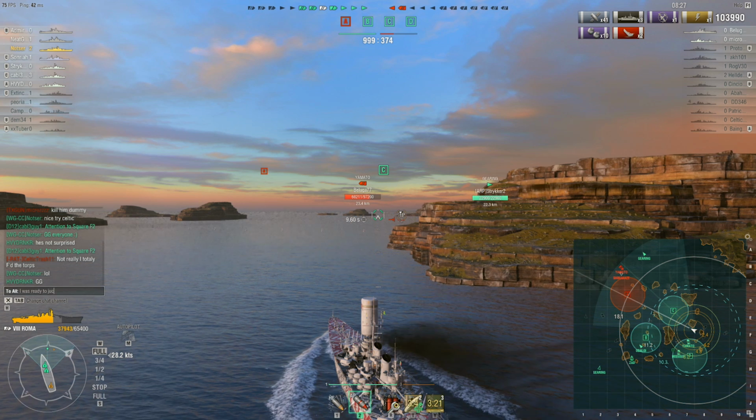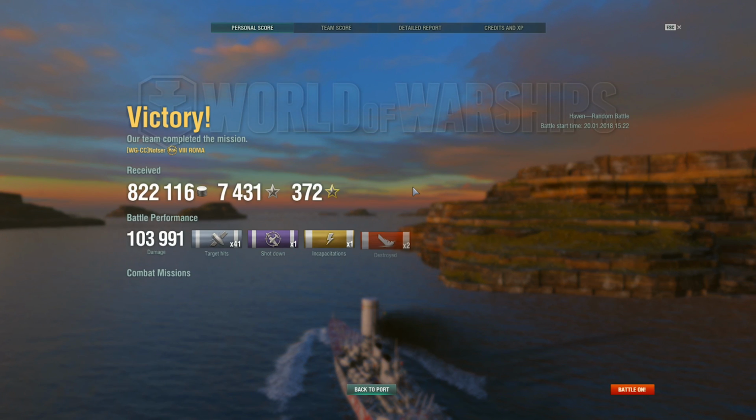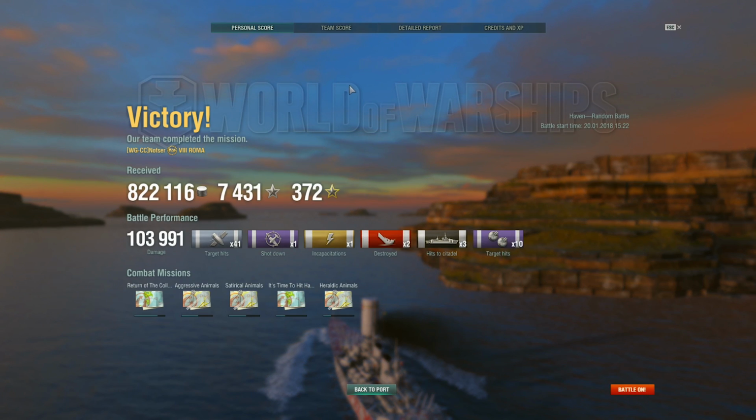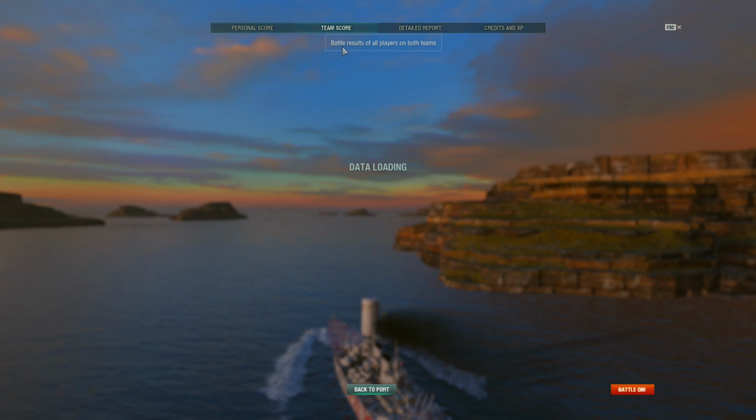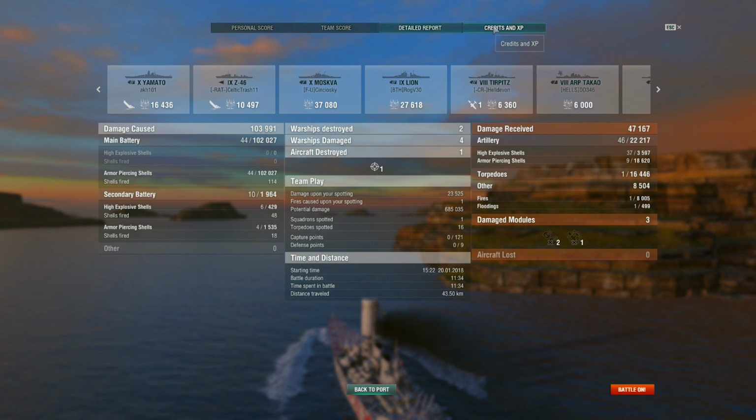I can't believe we citadeled that Yamato from the front. But it was a really short game, and I think a ship like this works well in a short game because it can maneuver and it can always be firing. 103,000 damage, 1,651 base XP, but it was a short game, mind you. Top on the team at least. And yeah, all AP,